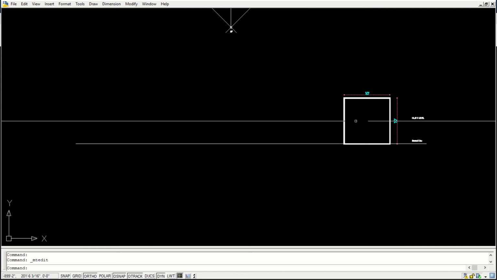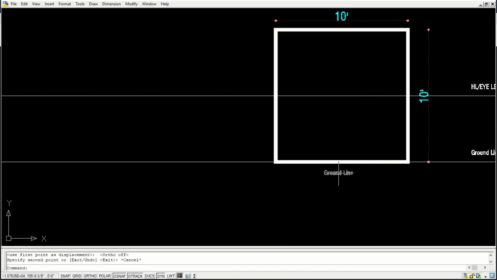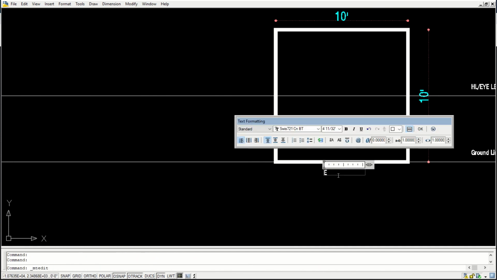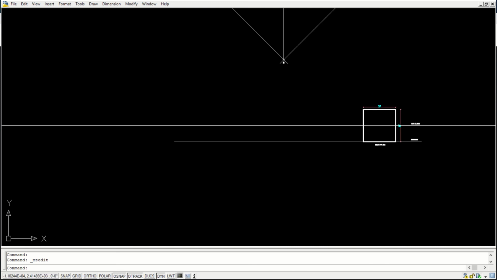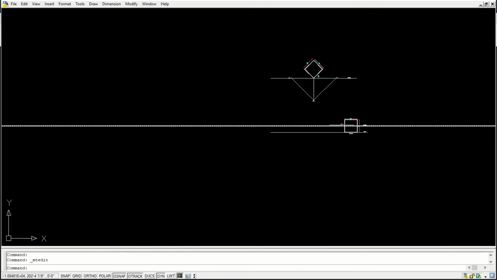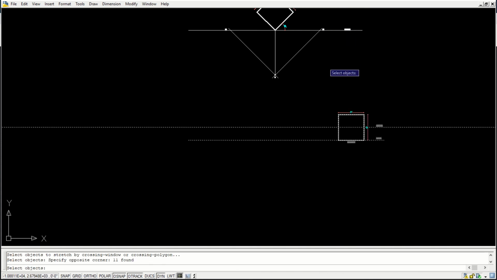Okay, this is at 10 feet level. So if this is an elevation of an object, I'll write it here, elevation, or it can be section also. So we have an elevation of the object and we have drawn one vanishing line somewhere here. I'll just keep it slightly away because it is too close.